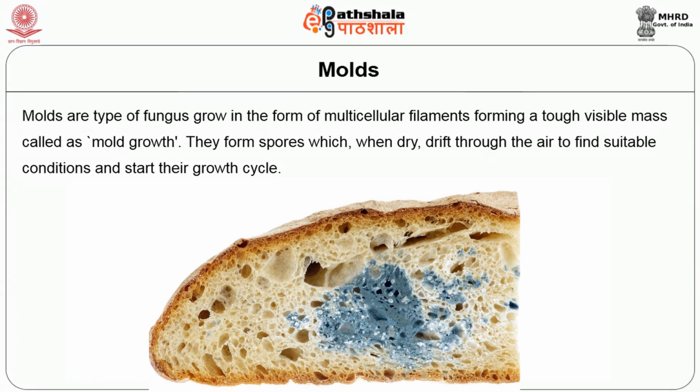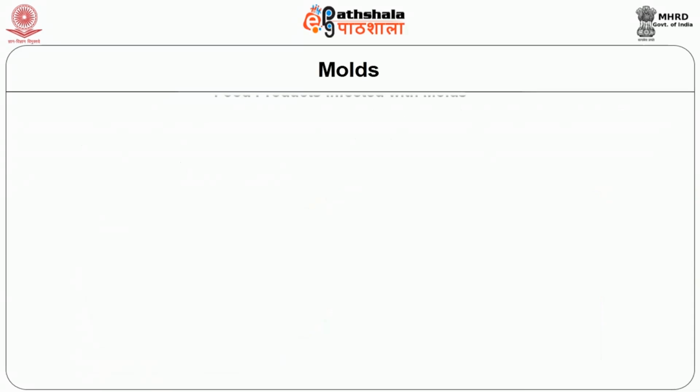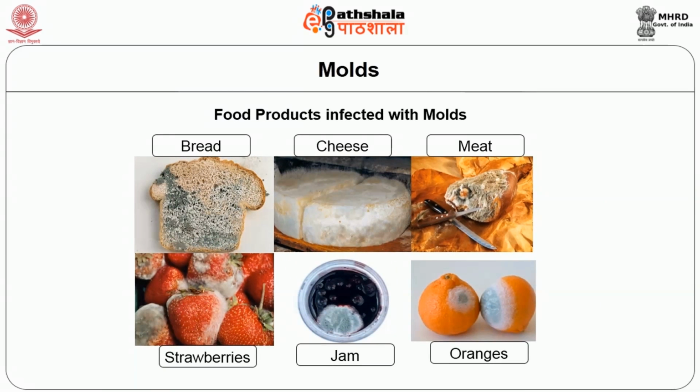Molds grow well in slightly acidic conditions and they require moisture and warm temperature between 20 to 40 degrees Celsius. They are capable of thriving in high acid foods like fruits, tomatoes, jams, jellies and pickles. Mold growth is generally seen in foods like bread, cheese and meat. They are easily destroyed by thermal treatment. Processing of foods at a temperature of 100 degrees Celsius for a suitable length of time will destroy both yeast